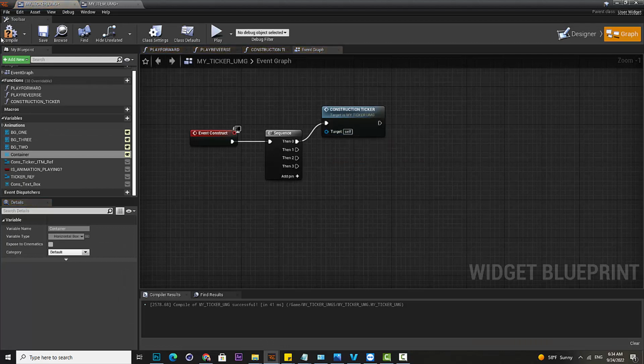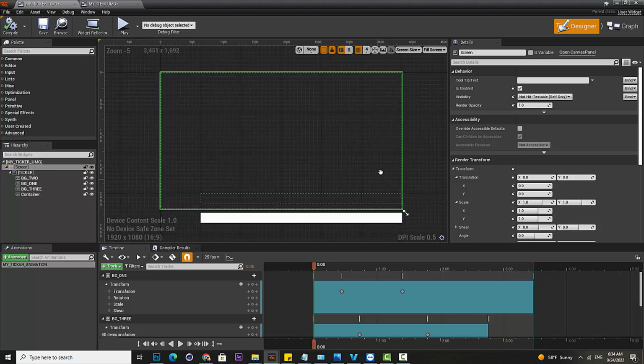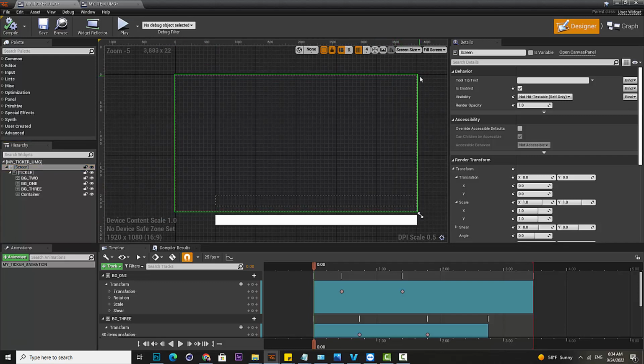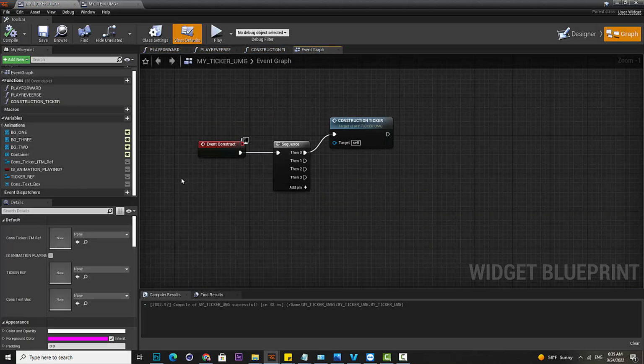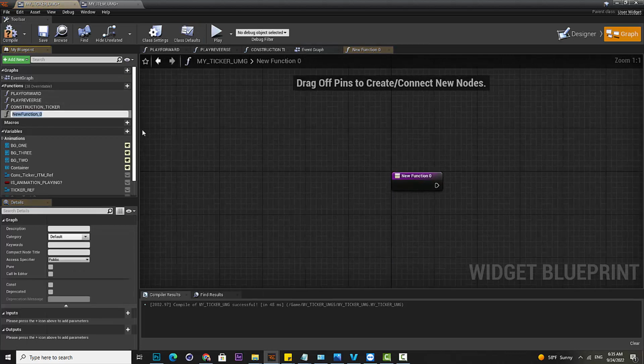Before we construct it, we need to set our screen resolution. This is the screen resolution that we have, because the user will have control over it, so the user can change the resolution. Right now it will take my laptop resolution and set it to 1920, but we need to find a way to control this resolution. So first we will create a function to set our resolution the way we want it. The function is set